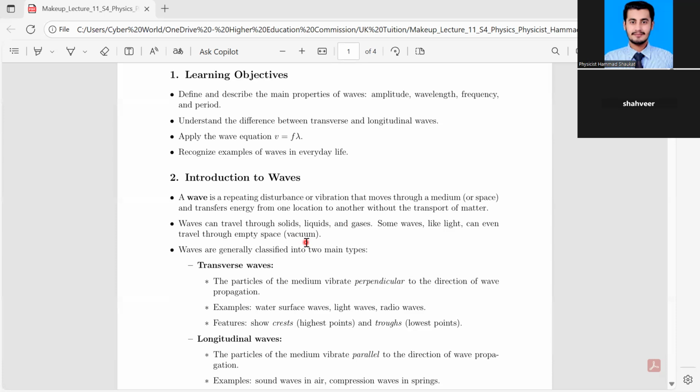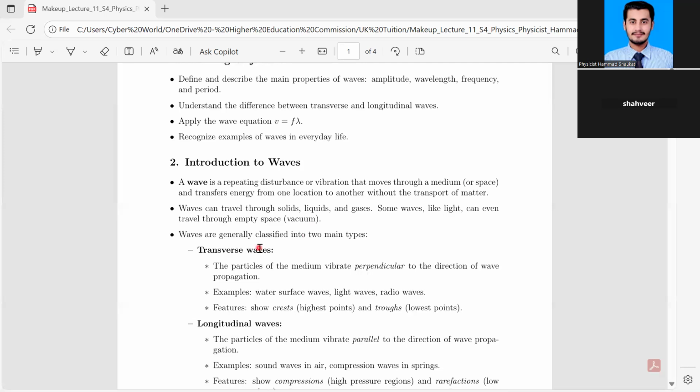Like light, radiations, and you know that radiation. The main example is the light coming from the sun. There is no vacuum, there is no medium. All the space is empty, vacuum, but the light from the sun reaches the earth. This is because light does not require any medium to travel. It can also travel through vacuum as well. That's why. Now move on